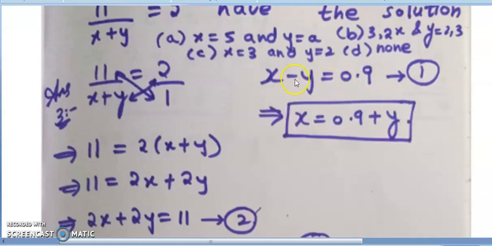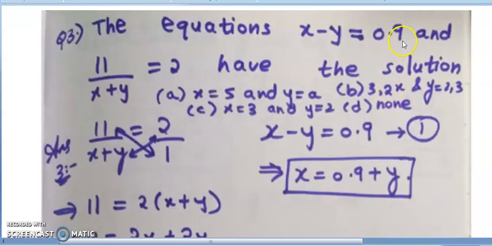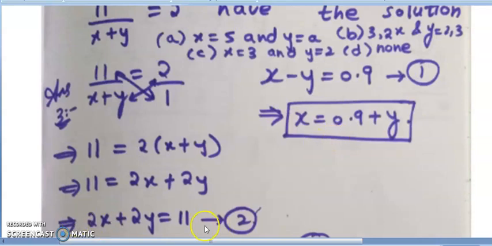And here my first equation, if you observe, is x minus y is equal to 0.9. Okay. So I'll use the method of substitution. I got my second equation in the standard form, but here I'll keep the equal to 11 on this side only because I'm using the substitution method. What is my substitution method? In any one equation, I'll take y to that side, so we'll get the value of x. This value of x I need to substitute in my second equation. This is my substitution method.